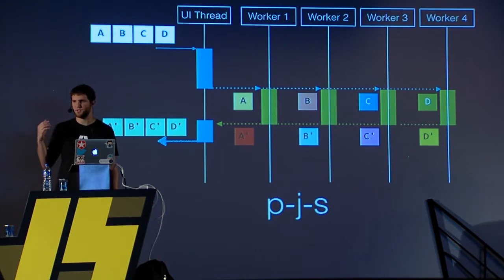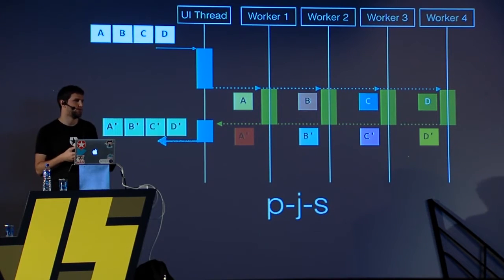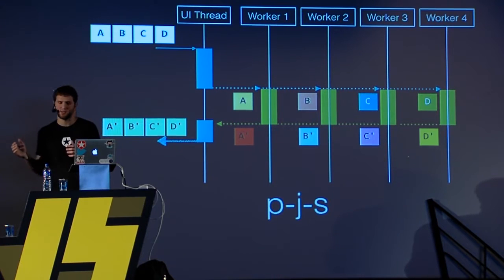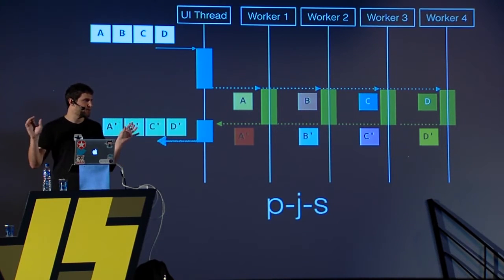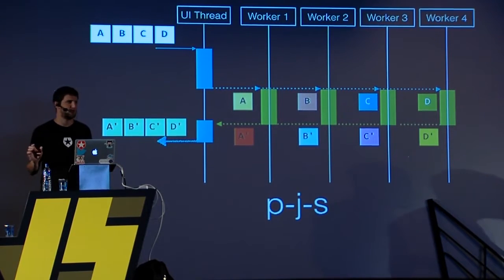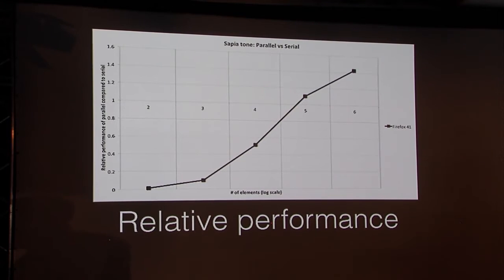So the way this library works is that from the UI thread, you have that white array. And imagine that you have 4 cores in your machine, so it's conceptually separated into 4 different parts. What we have to do is split that array into parts, so we can transfer each of them separately to a separate worker. The worker does the job and then goes back, and the results are merged in the UI thread. The problem with that, as you might have guessed, is that it takes a lot of time for copying